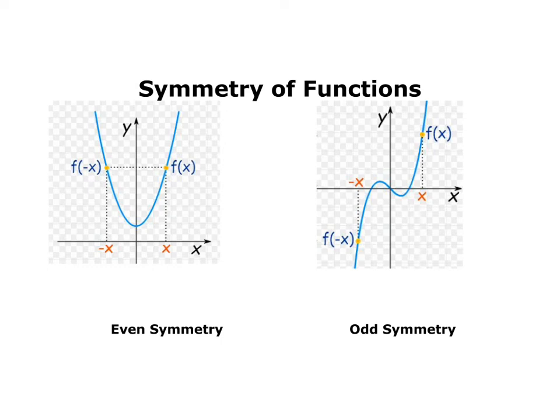Okay, we're going to finish off our last topic for graphing, and we're going to look at symmetry today. Symmetry is probably not overly useful when it comes to graphing, but in some cases it helps. If we know a graph is symmetrical, it might allow us to figure out coordinates that we wouldn't normally have. So for example, on this quadratic, if we knew this coordinate and we knew that it was symmetrical,